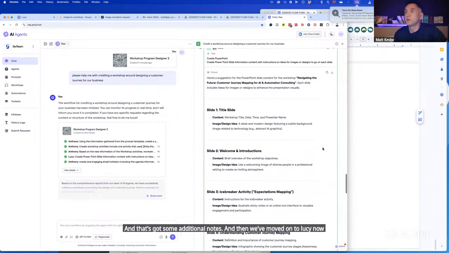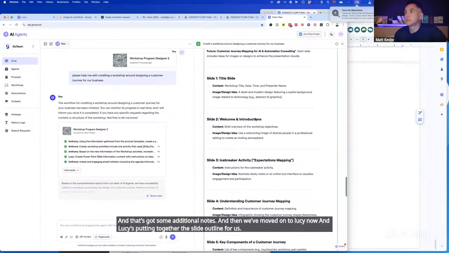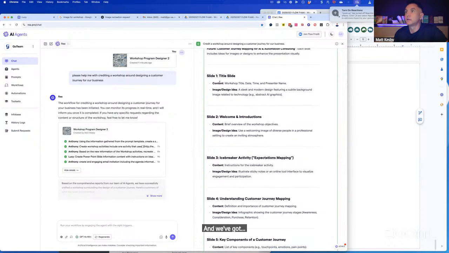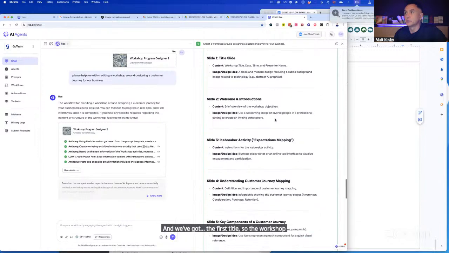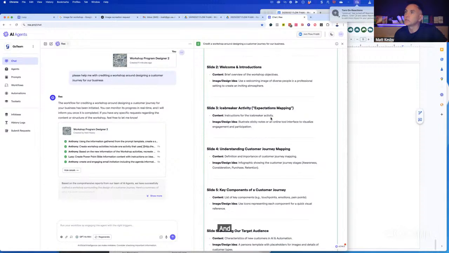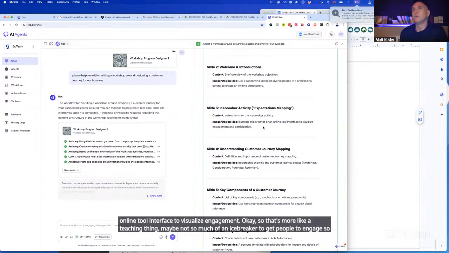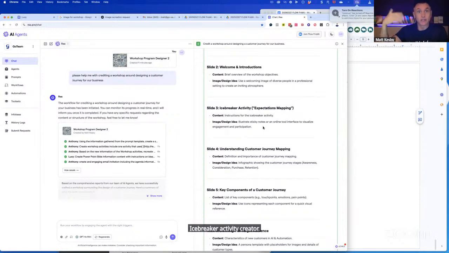And Lucy's putting together the slide outline for us. And we've got the first title, so the workshop title, the welcome and introductions, icebreaker activity. And it's got instructions for the icebreaker activity: illustrate sticky notes, or an online tool interface to visualize engagement. Okay, so that's more like a teaching thing, maybe not so much of an icebreaker to get people to engage. So, an advanced version of this workflow could be to have an icebreaker activity creator agent that comes up with